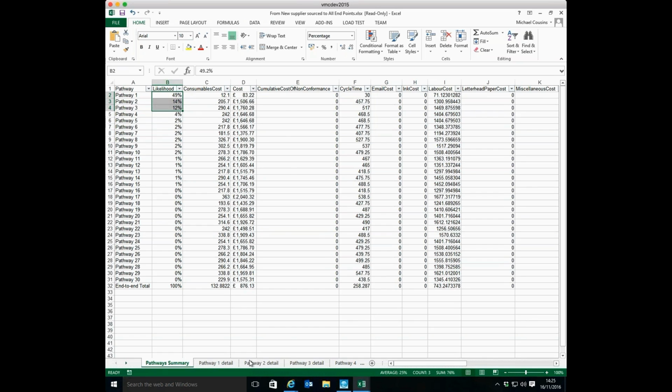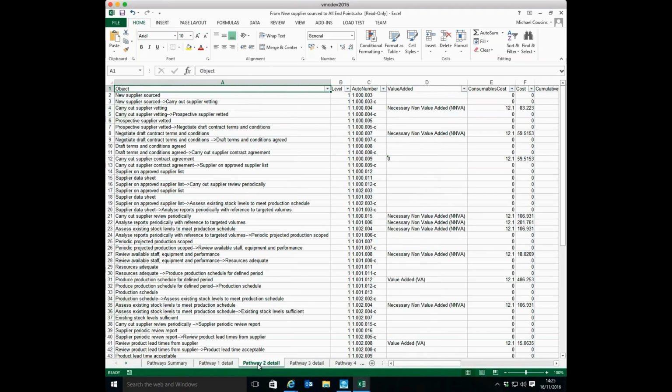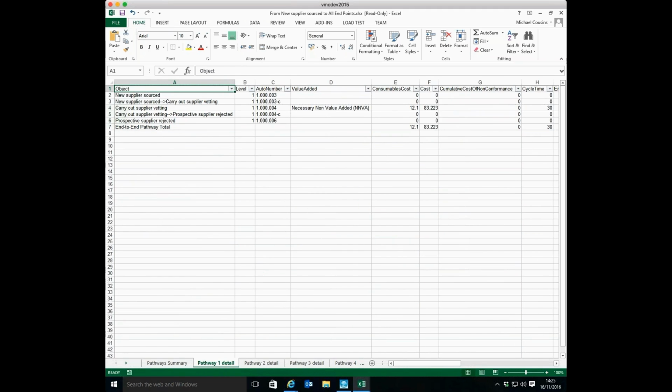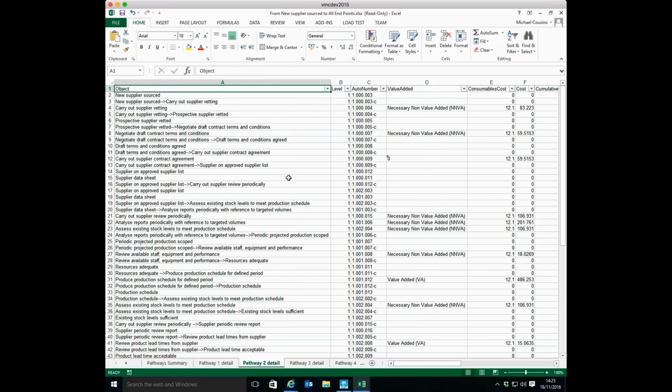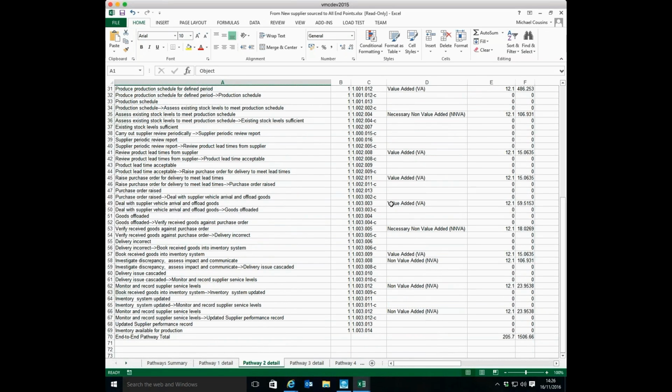All right, so given that I'm told that, I can now go and have a look at every single pathway through the process. So you can see pathway 1, which does happen a lot of the time. We're rejecting a lot more suppliers on this 2B process. Pathway 2 is where we accept them, and you can see every single object that we go through, every step there is all broken out together with how much it costs every time it happens,